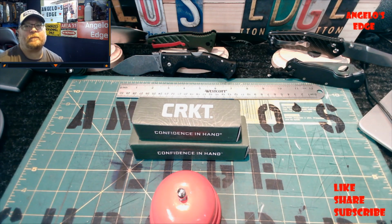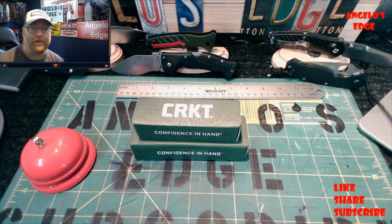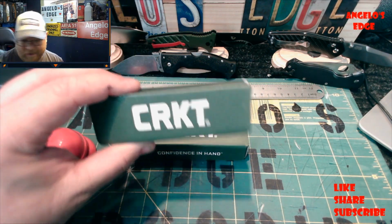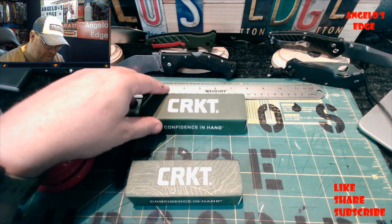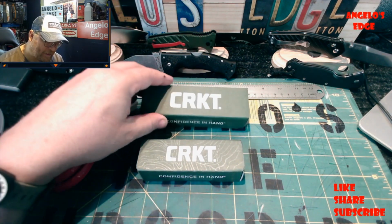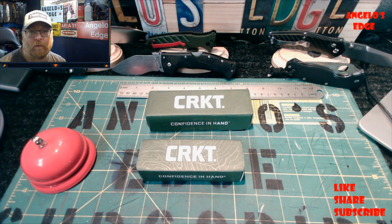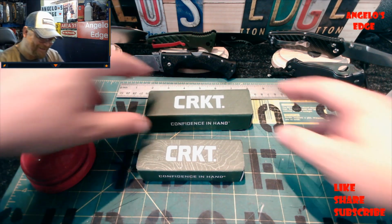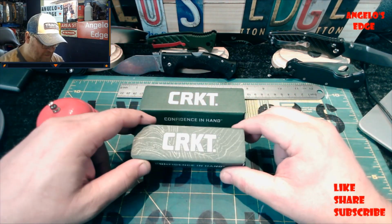I got something a little different here. I'm going to do a double unboxing. Usually I unbox one knife at a time, but over a few weeks I ended up buying two CRKT knives. I bought the first one, and I bought the second one because I liked the first one, but I wanted it to be bigger. All right, so we'll open up the first one right here. But before we get started,